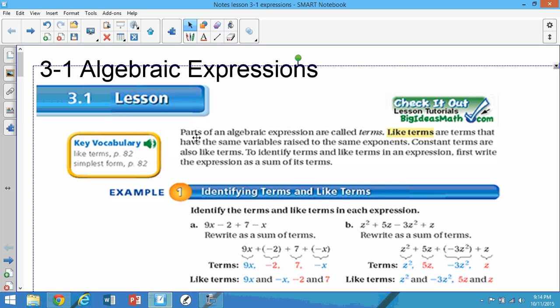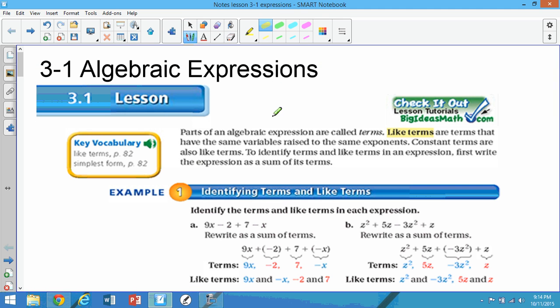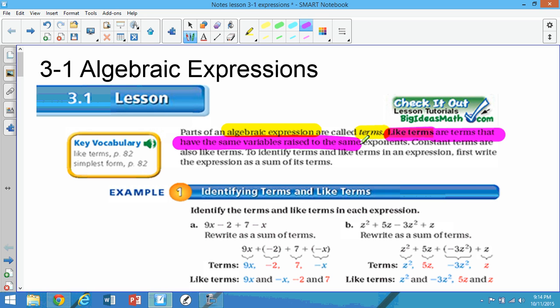So this is lesson 3.1, and in lesson 3.1, we're going to talk about the parts of an algebraic expression. Okay? And this is nothing new. This shouldn't be new to you. The parts of an algebraic expression are called terms. Now, like terms, and we've already talked about this year, are terms that have the same variable raised to the same exponent. Okay? So what that means